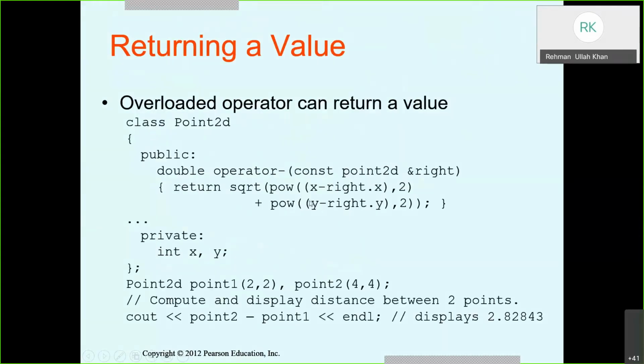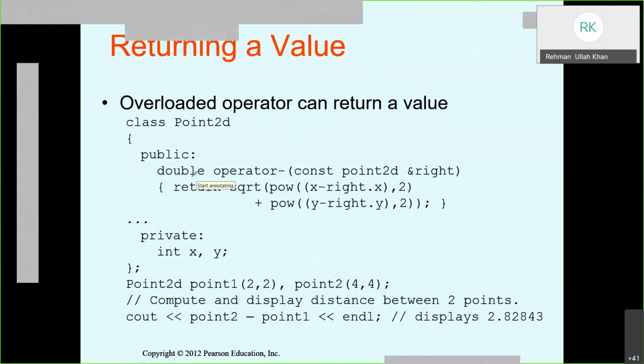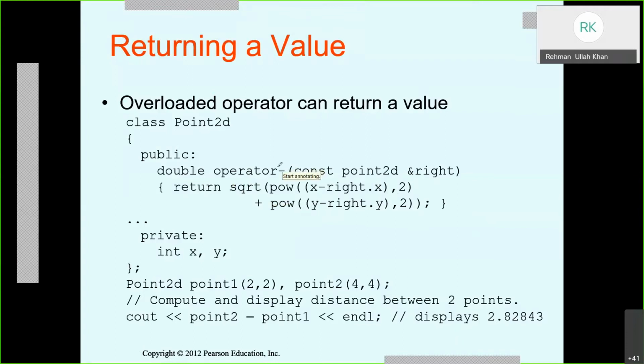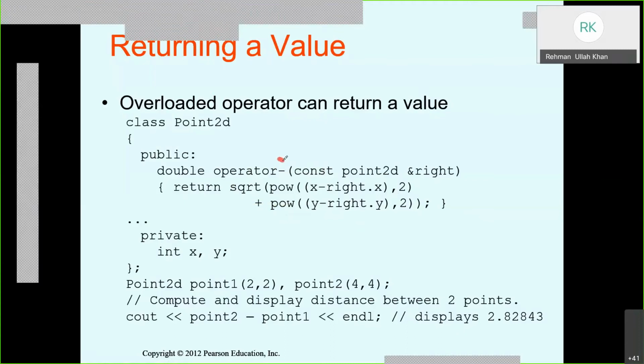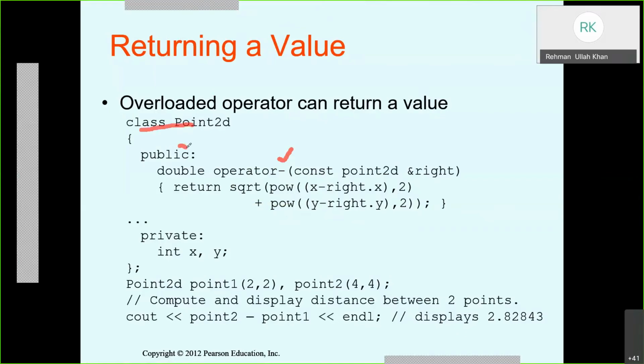In this way we can define, for example, a function; let's suppose we want to define the minus operator. How to do it? It will be inside a class function, a public function, and it returns a double value, because if you see c equal to b minus t, let's suppose, whatever this minus does, it returns a value. This is why you can define the return type.